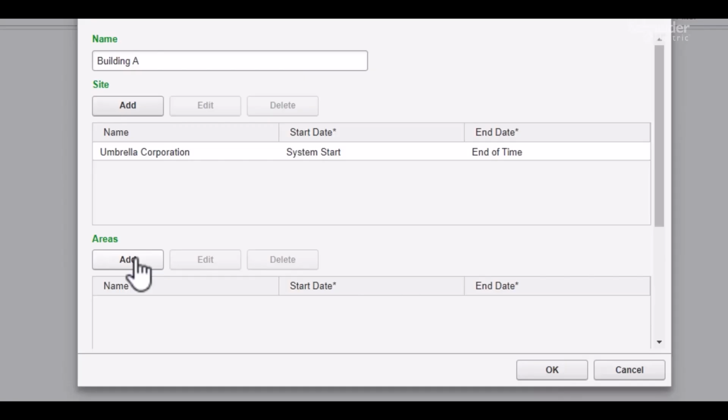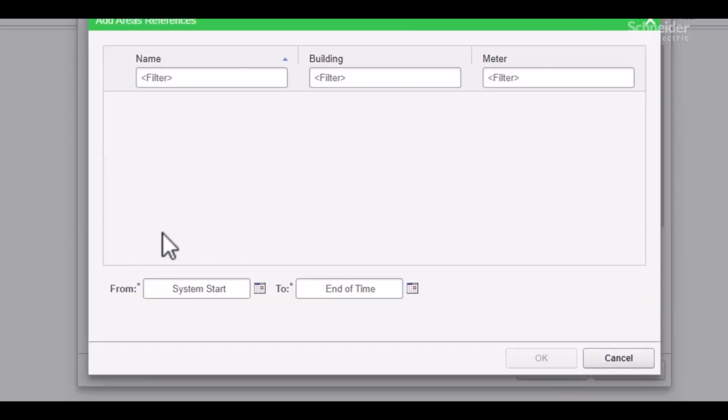If we click Add under the areas, notice how the Add Areas reference window contains no entries. Again, this is expected because there are currently no area nodes to find in the hierarchy. So we will click Cancel to close this window.